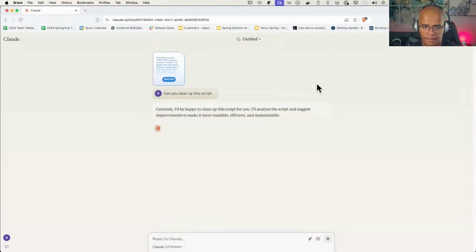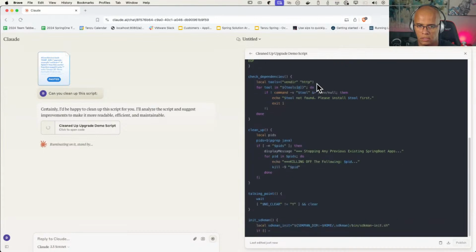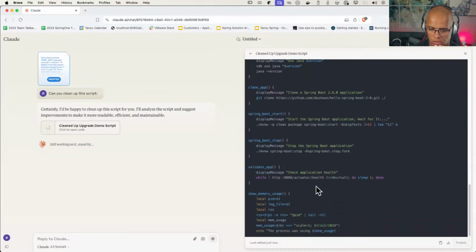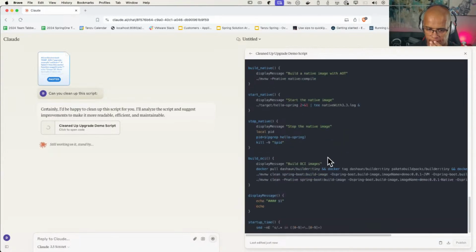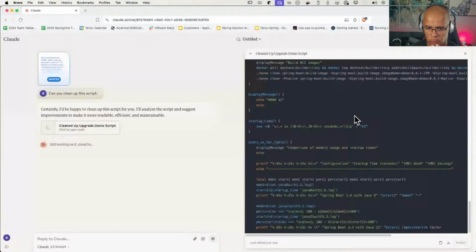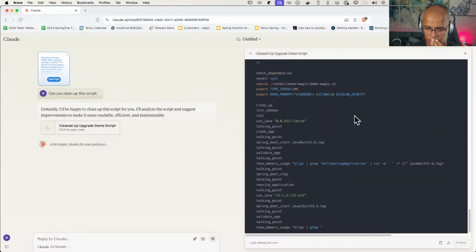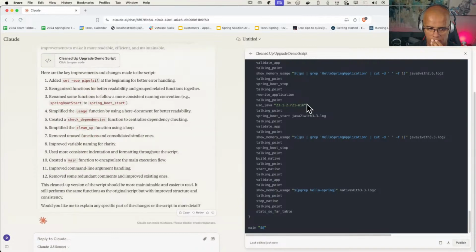I'd be happy to clean up the script for you. Okay, it's gonna make some changes. We've got some usage options. I want to use properties. So just reorganizing a few things. The build OCI I don't need anymore. It's done a little bit of cleanup. Added this for better error handling, reorganized functions for better readability, renamed some functions, simplified the usage function by using a here document for better